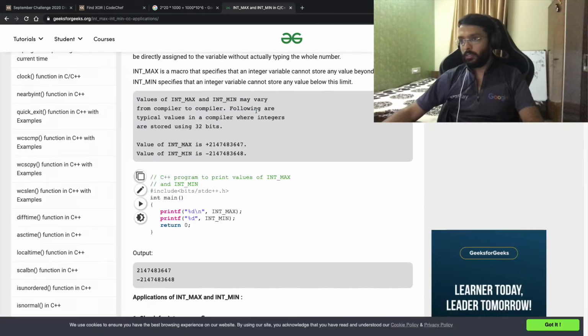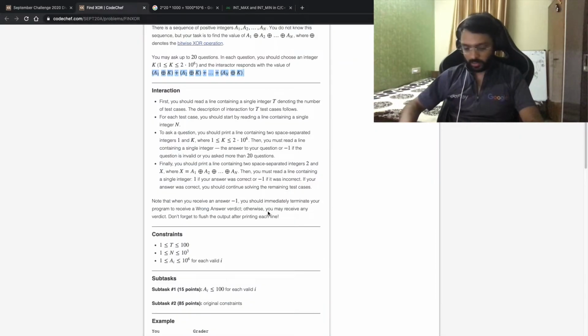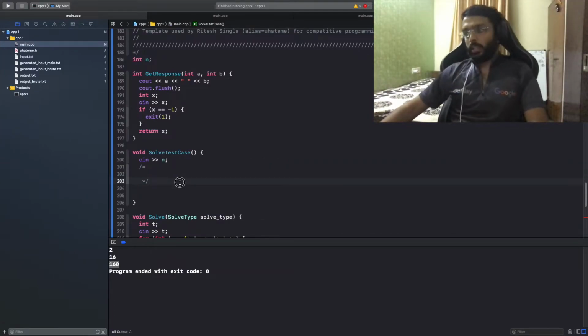Yes, still less than that. So there won't be an integer overflow. Okay, so